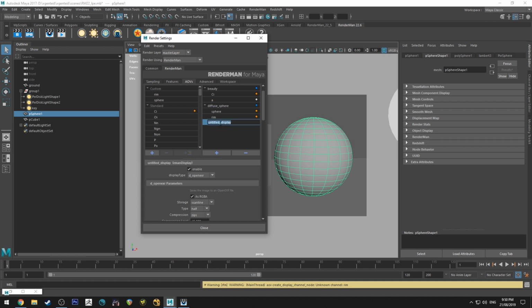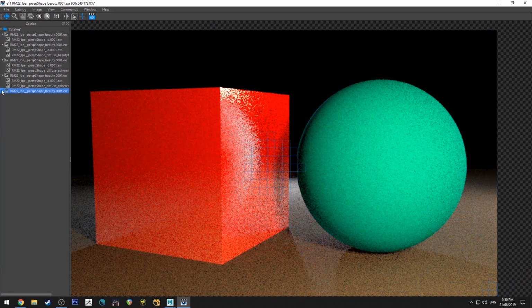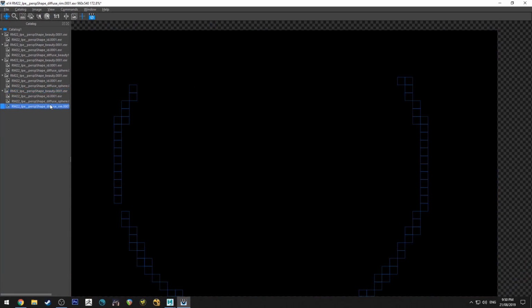So we're just going to call this one diffuse underscore rim, and I created that first because if I remove this before creating a new one and adding it in, it actually deletes it from the left hand side, kind of annoyingly. So we're just going to add that in. So we've got 2 of those, now we've got none. So if I had just deleted that, it would have deleted it there as well. So run that IPR again, and now we'll get our rim light.